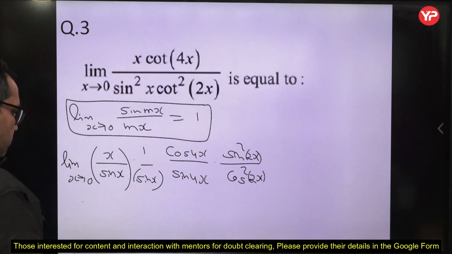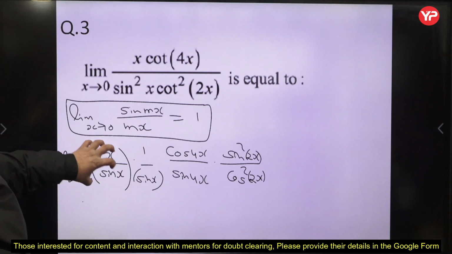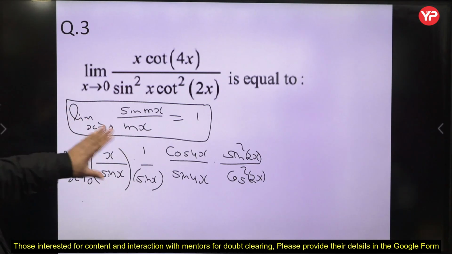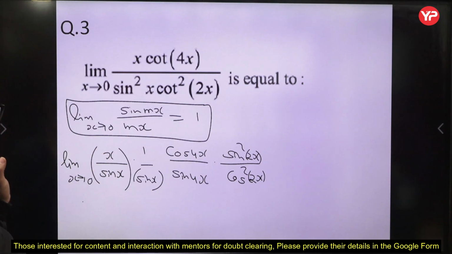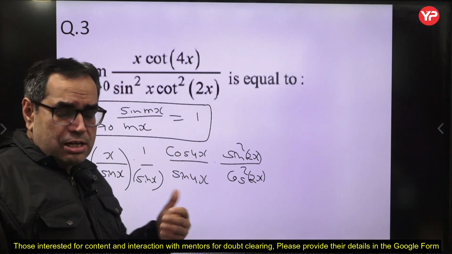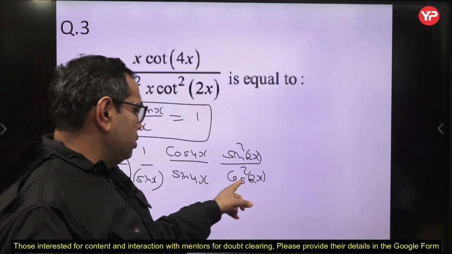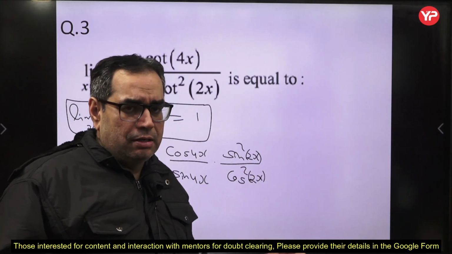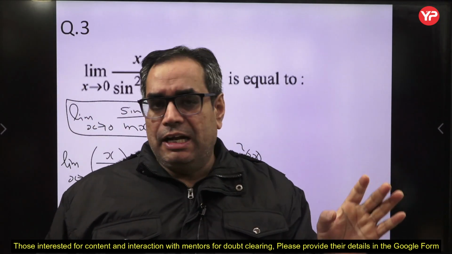Now what will we do? Limit x tends to 0, x upon sin x is 1. You can separately calculate this limit, which is 1. So we will write 1 here, in place of this we can directly write 1. Now cos 0 is also 1, finite value, so put 1 here also, and this cos 0 is also 1, so put here also 1. Wherever you are getting a finite answer, you just put that finite value.